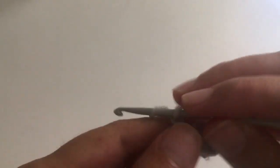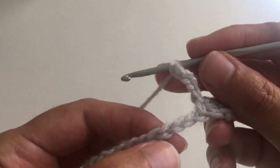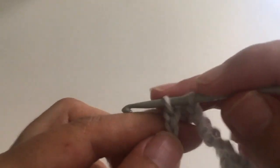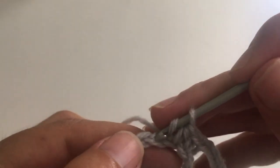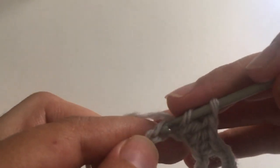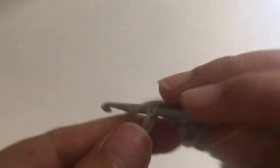Now we make 7 chains. 1, 2, 3, 4, 5, 6 and 7. We skip 7 chains. 1, 2, 3, 4, 5, 6, 7. We go in the 8th chain. We make a double crochet or single crochet, half a treble or half double crochet, 2 trebles, 1 and 2, or double crochet, how you call it, half a treble or half double crochet, double crochet or single crochet,